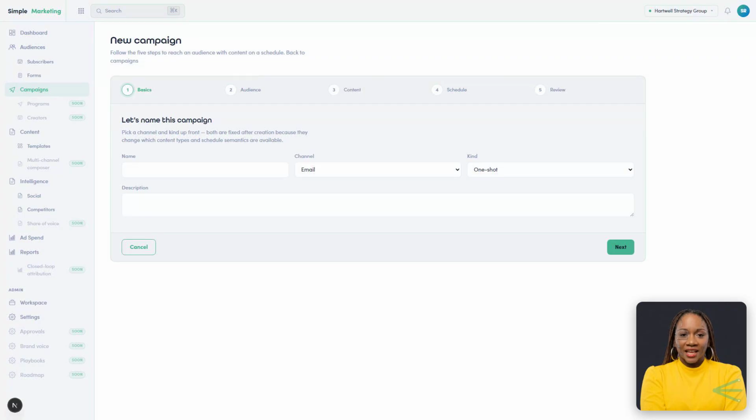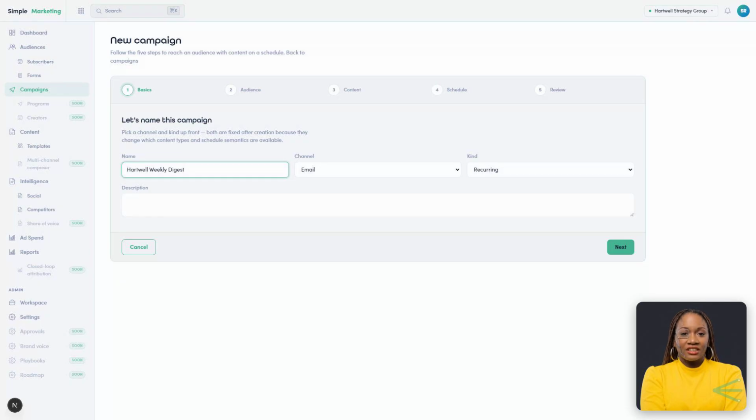Start a new campaign from the wizard, exactly like lesson 1 of this module. On the first step, next to the channel picker, there's the campaign type. The default is one shot, which is everything we've built so far. One campaign, one send. Open the drop down and you'll see the other types: recurring, triggered, and drip. Pick recurring. This tells the scheduler that the campaign stays live after its first send and runs again on a